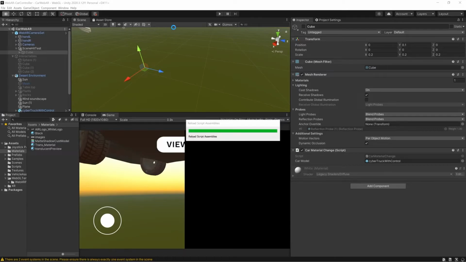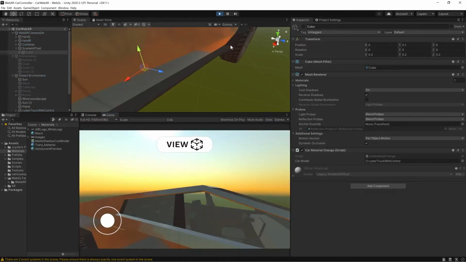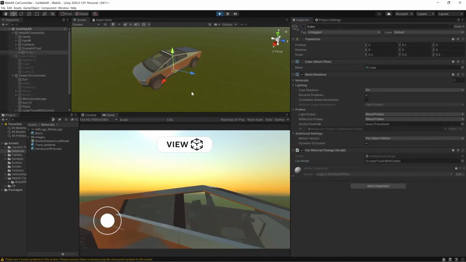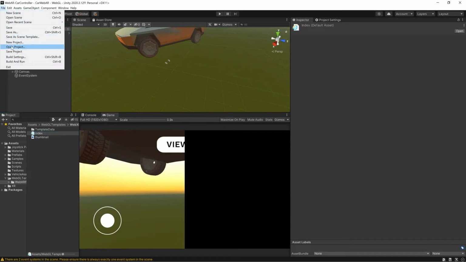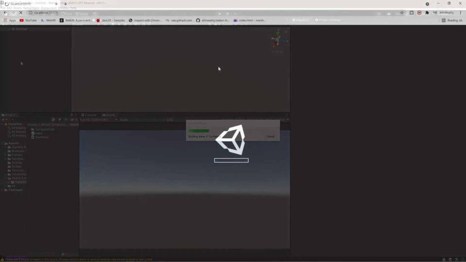Yeah, so this should be working, so we can build and test this. We have everything: we have the WebGL templates check, and we are doing the placement translucent material, so you can see it is working here. When you build and run, it will host on localhost and run the app, like this.